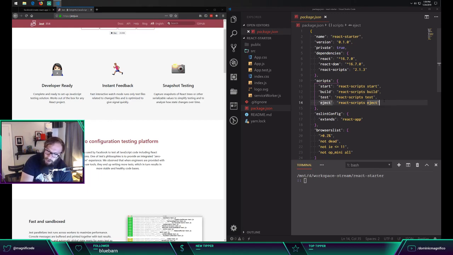If you run this, it's not reversible though. So if you want to just mess around with it and see what it does and try to roll your own, then you can start up a new project, make sure you back everything up or whatever. But yeah, this is kind of like the big red button that if you push it, there's no turning back from. So